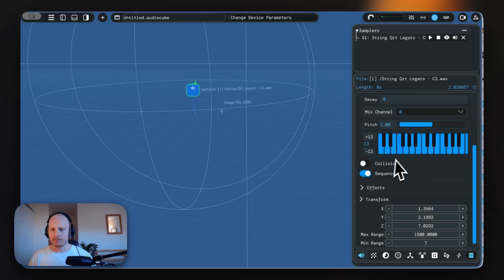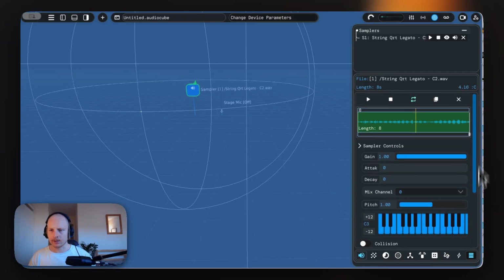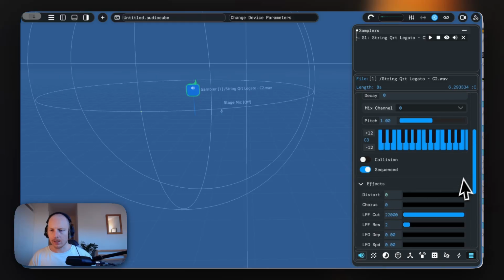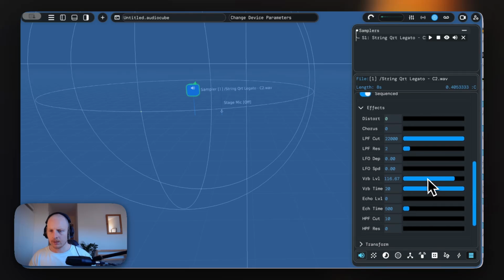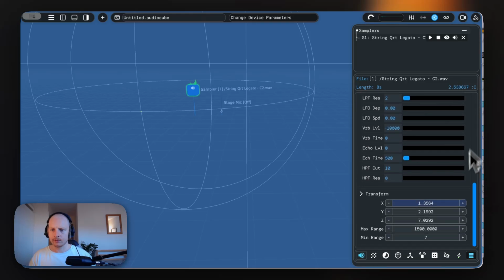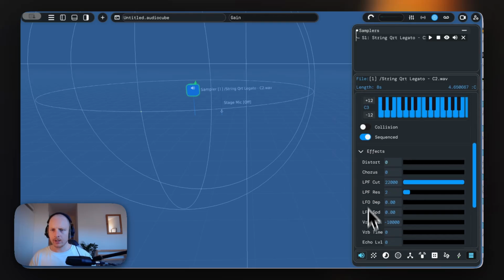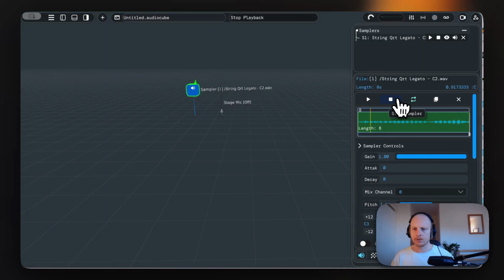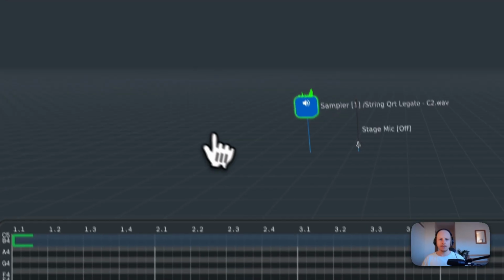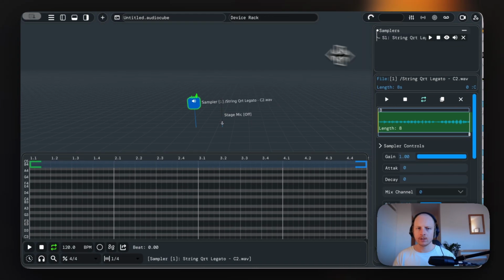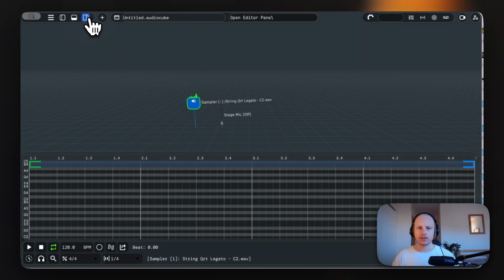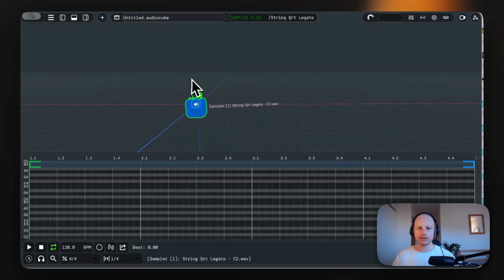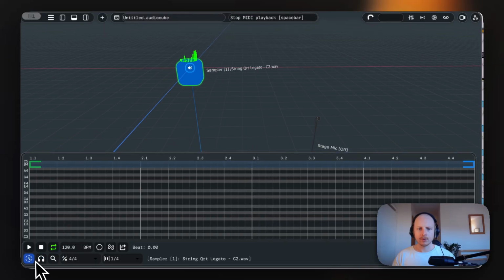So that's the basics. So yeah, the basic sampler, pretty useful. So if you want to create a MIDI sequence from this, what you would do is open up the timeline. So this is one of the newest features. Let's close this and just select the device. Let's put the metronome on and just press space. And then if you just double click,